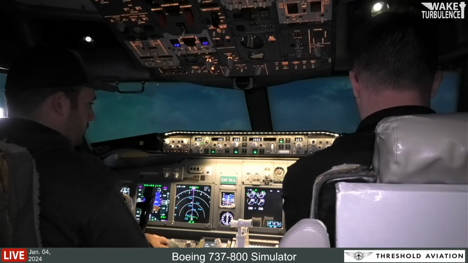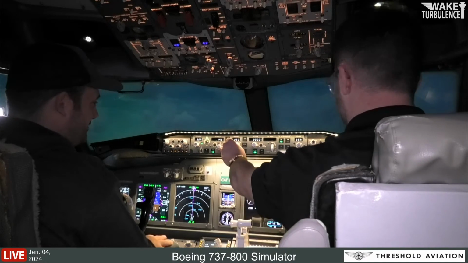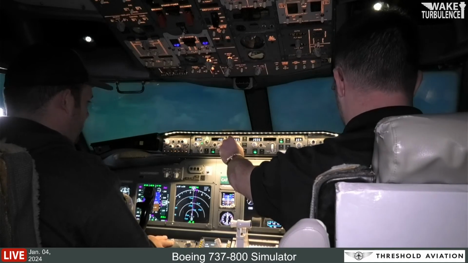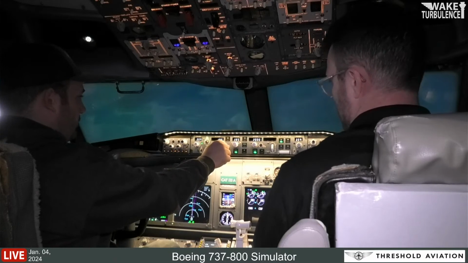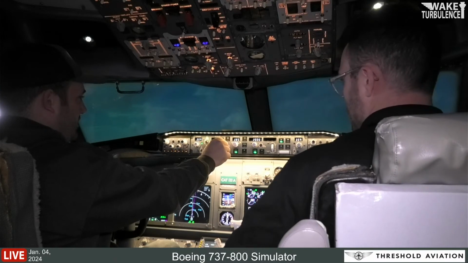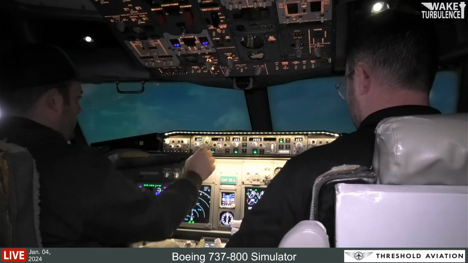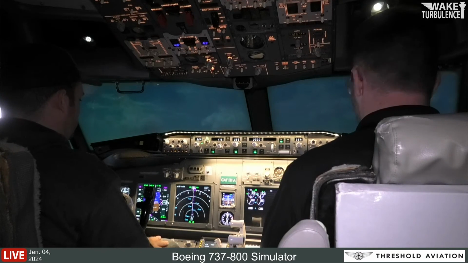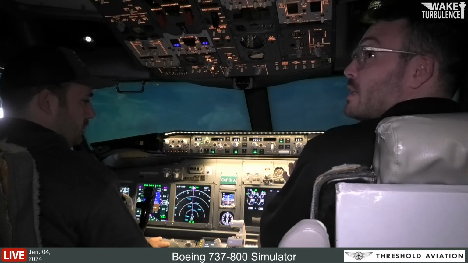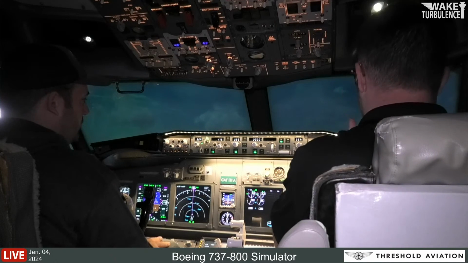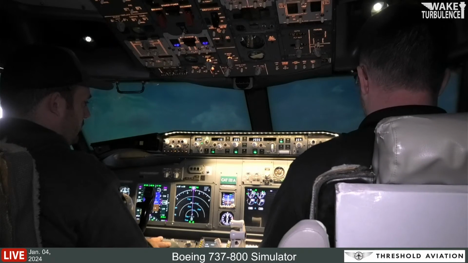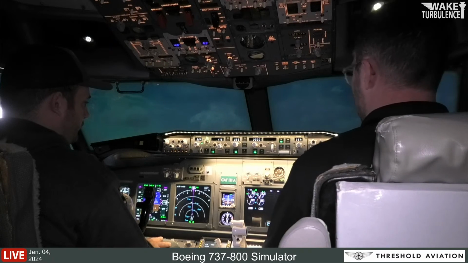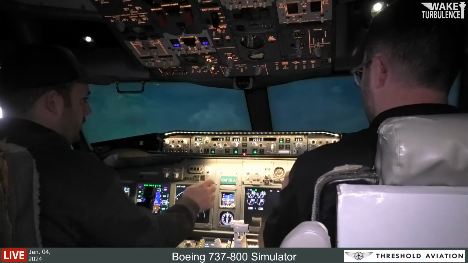Okay, something came up green here. What do we do now? Let's start slowing down even more. So go 170? 175. Is it going to capture? It should capture it, but recently it hasn't been doing that in our other sims. But you can try approach mode and see if it would.